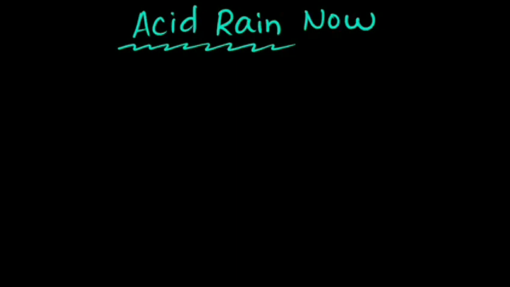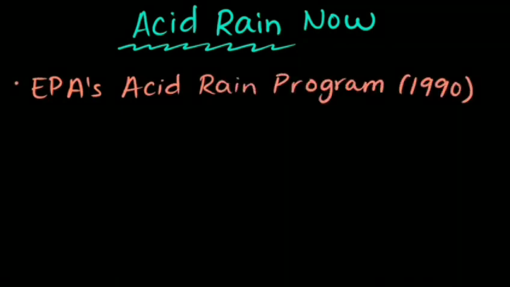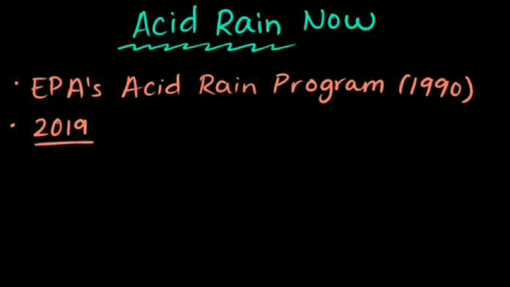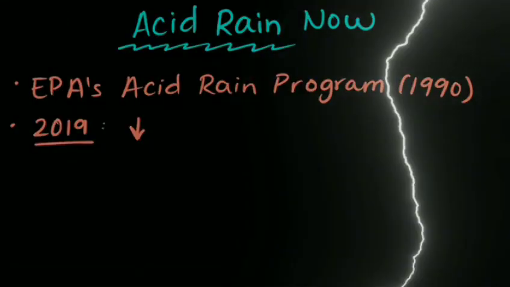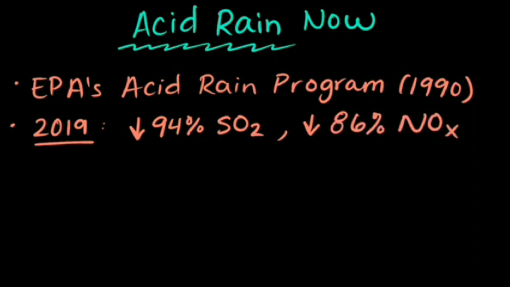There is some good news when it comes to acid rain. In 1990, the EPA created the Acid Rain Program to help power plants reduce emissions. In 2019, when they looked at the levels compared to 1990, they saw pretty great reductions: a 94% reduction in sulfur dioxide and an 86% reduction in nitrogen oxides. Now, this is in the United States, but around the world, acid rain is still a problem, particularly